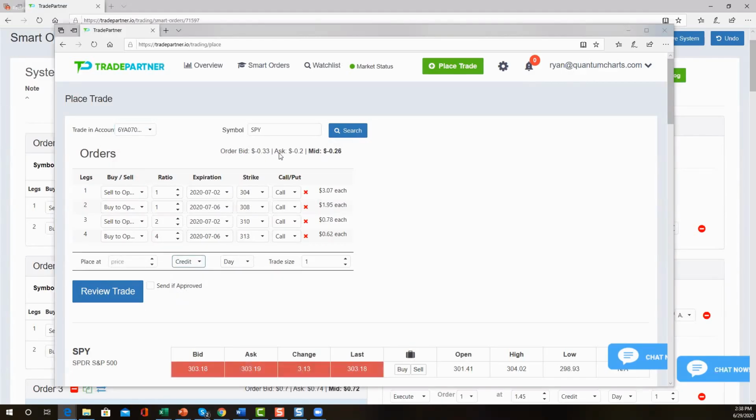Credit. So it's trading. See this bid ask, 33 cent versus 20 cents. That's the problem with these types of trades. You've got three different trade sizes. You've got four legs. You've got four strike differences and two different expirations. So I'm going to do a credit, and I'm going to go 22 cents. Whoops. 0.22 credit, and then I'm going to place the trade,